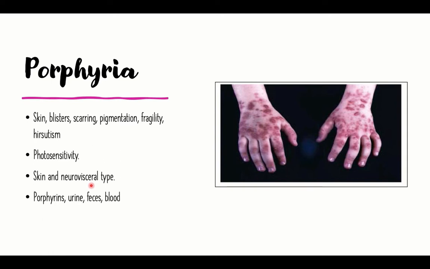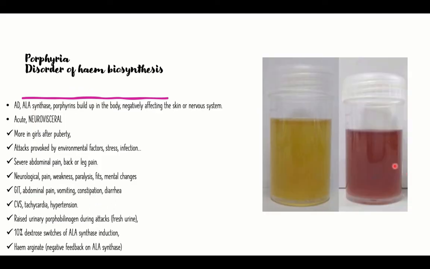So we have different presentations for porphyria: either acute neurovisceral presentation, or chronic cutaneous only, or cutaneous plus neurovisceral presentation. For all, the diagnosis will be detection of porphyrins, which appear in urine, in feces, and in blood. We can do blood testing for the porphyrin, screening usually by the urine porphyrin. Build-up of porphyrins that appear in urine gives the urine its characteristic red color, and sometimes